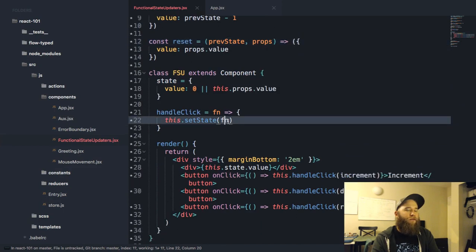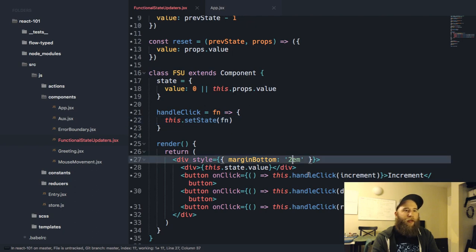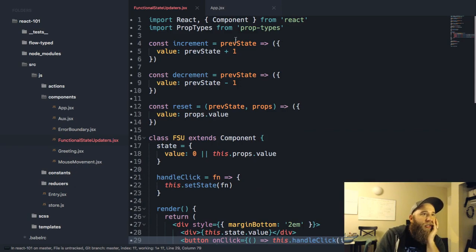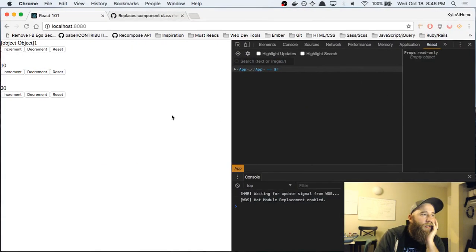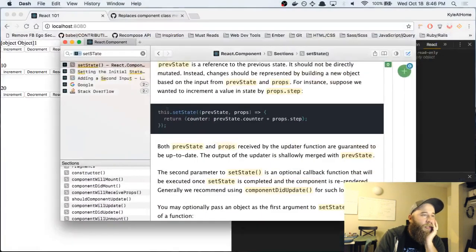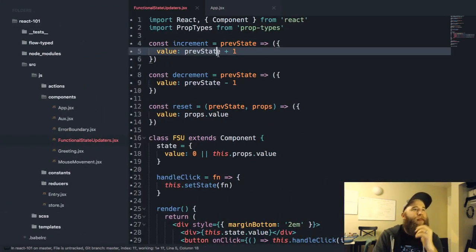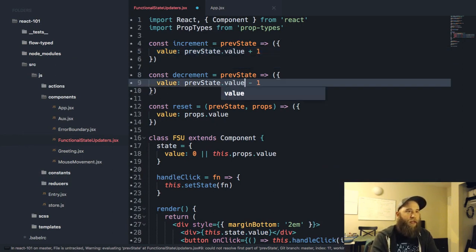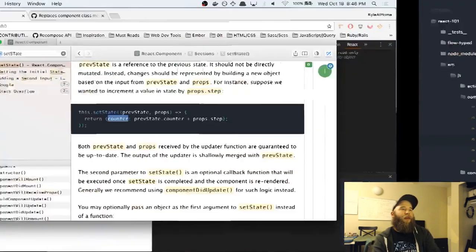And then, okay, I didn't quite get something right. We called the function. Okay, let's walk through this. All right, so our function has the signature that we were expecting, right? Like if we look at this, it's prevState and props, and we're returning value. Oh, that's because this is an object and it should be value. That's it. That's the mistake we made.